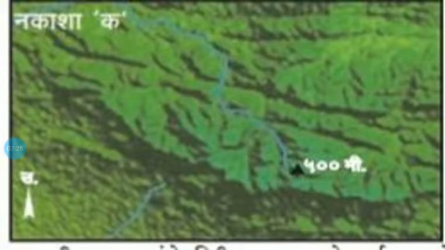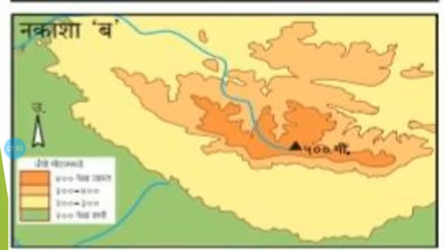See friends, in which direction is the highest point in maps A, B and C? There is a highest point. The height of that point is about 500 meters. In which map can the landforms be seen most clearly? We can observe landforms most clearly with the help of map B.